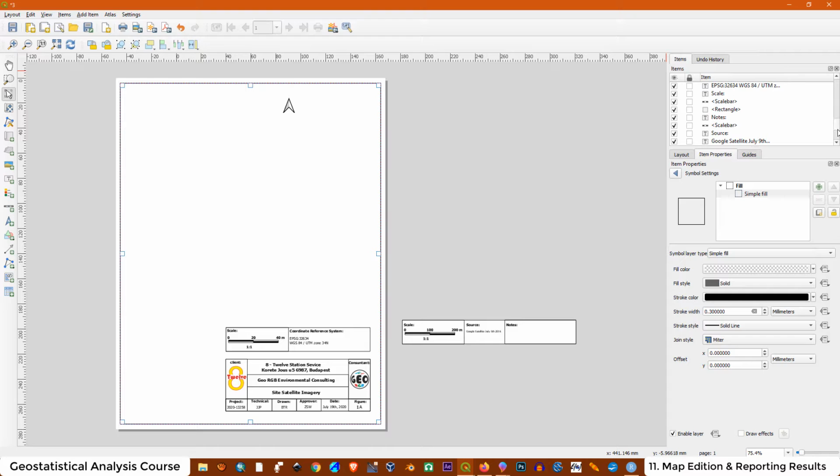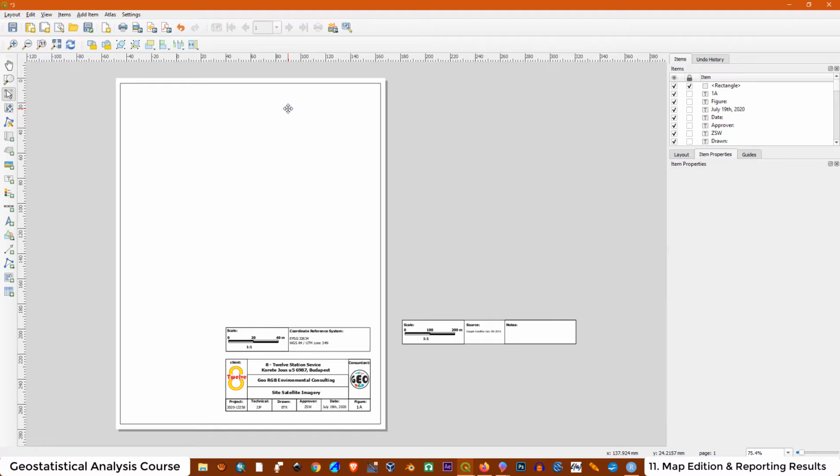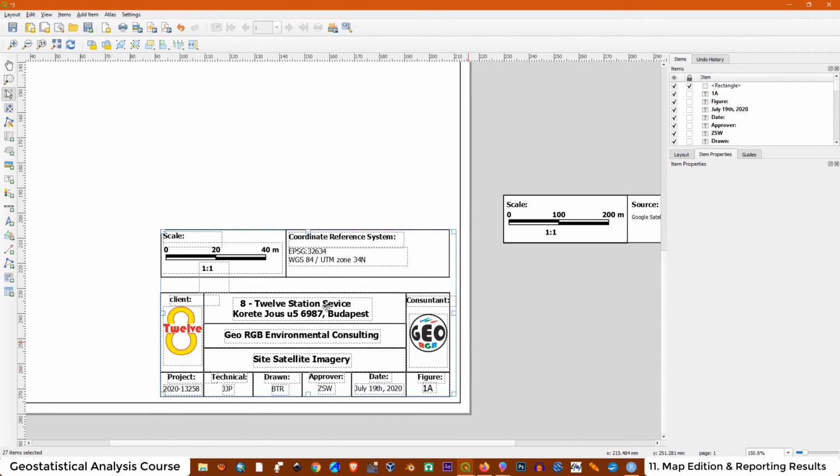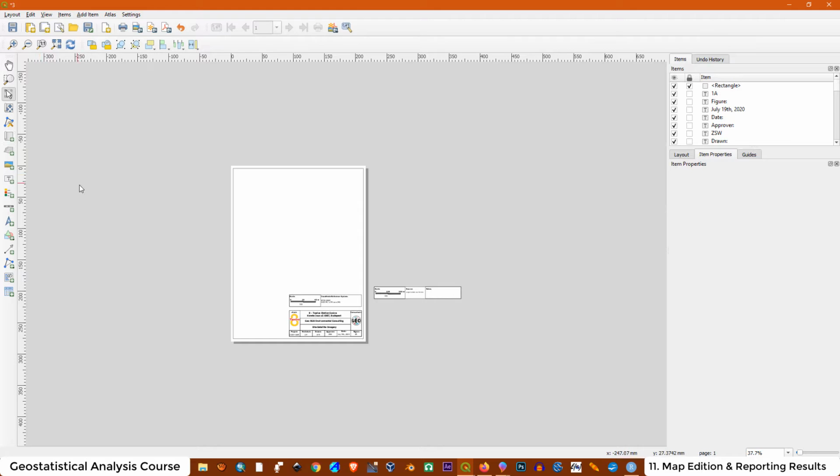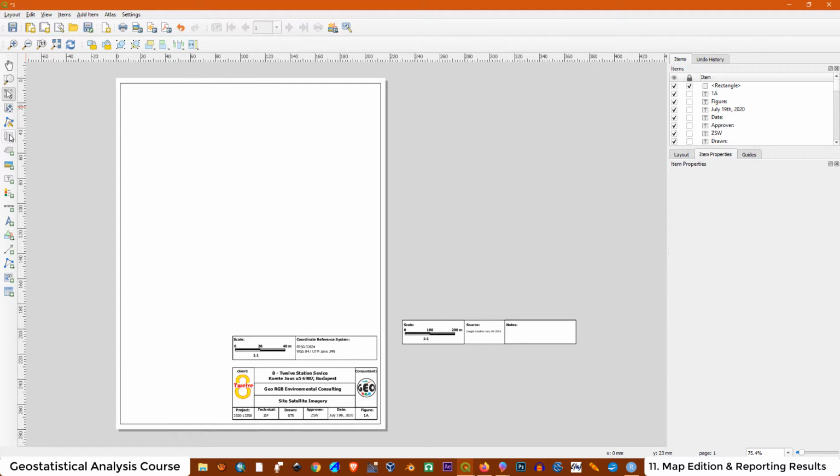And I'm going to lock the rectangle also. Is this one? No. This one here, as you can see, it's black. I'm going to lock this one, and I'm going to remove the north, and I'm going to move these ones. Something like that. Now I'm going to load the map with this option here, add a new map to the layout,